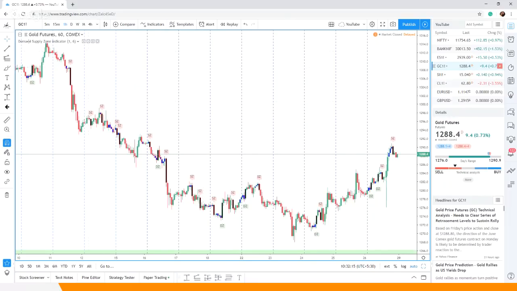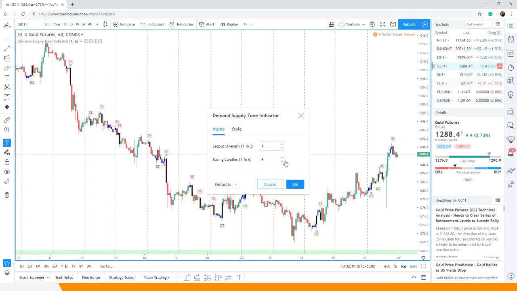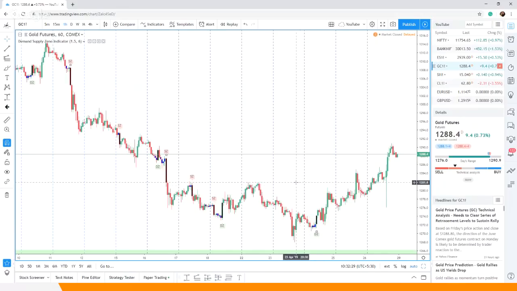But that is why I created this tool. Can you see it makes the process much easier and mechanical for you, that now you don't have to search for it. You can just keep the settings a little better versus what I'm keeping. So the default settings are good enough, and now it will only identify for you quality demand areas and quality